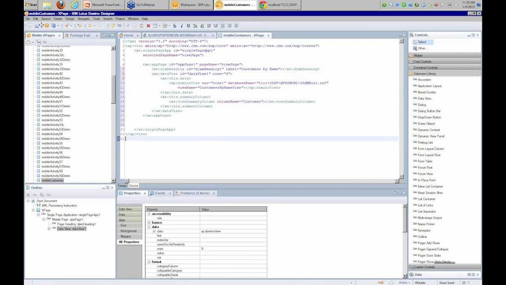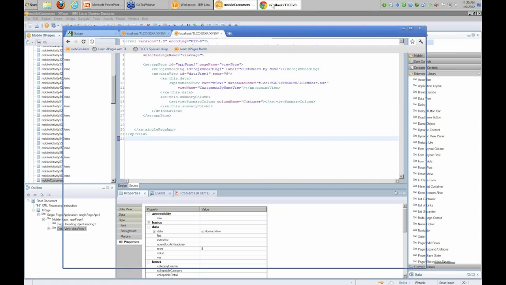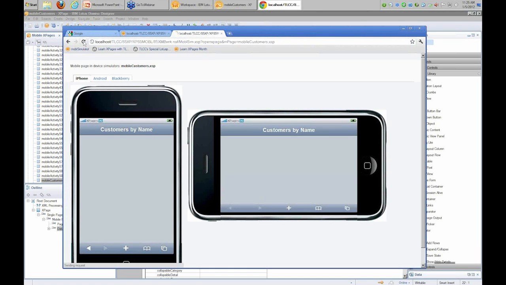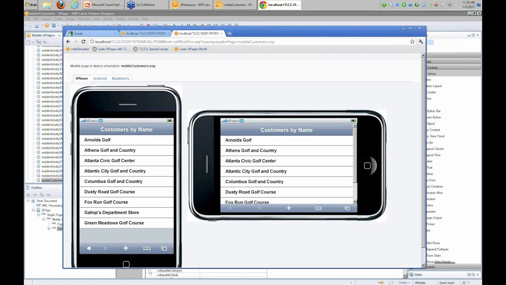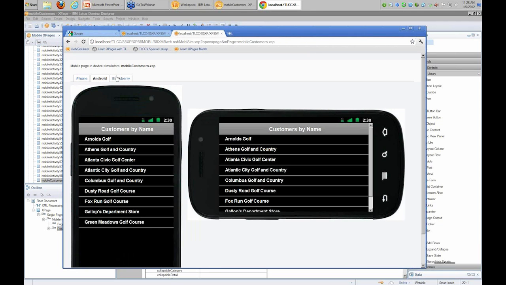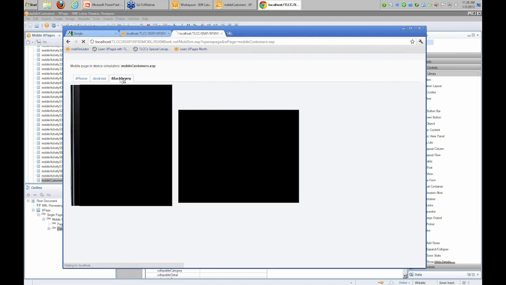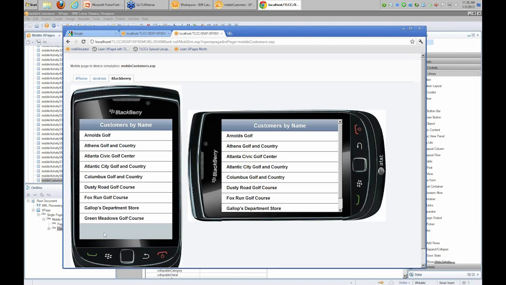So let me save that and let me refresh my simulator, and that's looking pretty good. I'm seeing 9 rows of that customer by name view. Okay. And I can see what it looks like through the simulator, see what it looks like on some of the other devices as well. Now, there are more than 9 customers, so we need to add this More Customers button, and to do that,